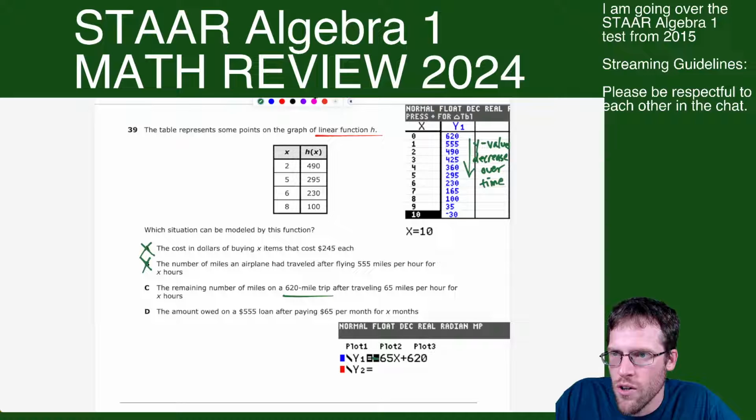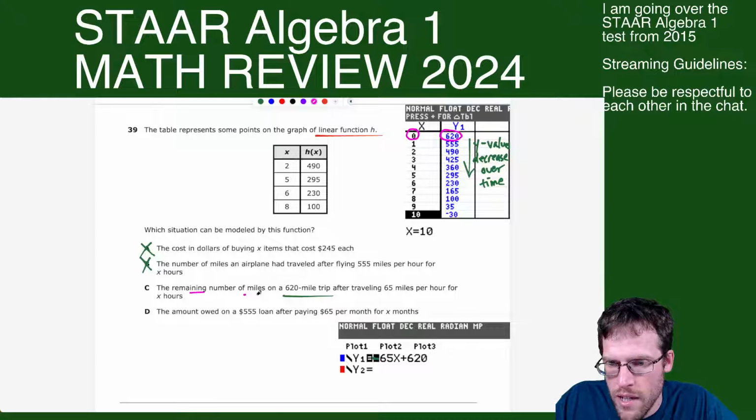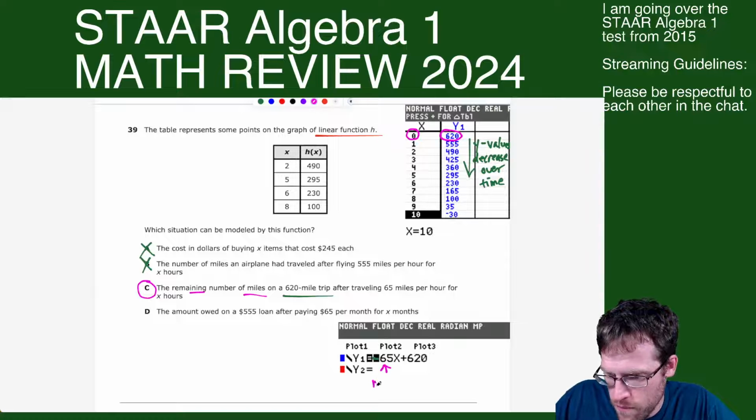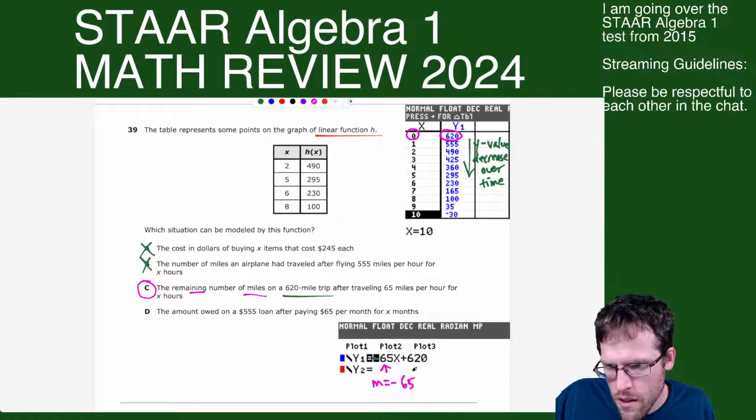So yeah, at the start here, at time 0, we're starting out with 620, and the number of miles remaining would go down. So this one is looking good. And they were traveling 65 miles per hour. So notice that the slope is negative 65, which means after every hour that goes by,